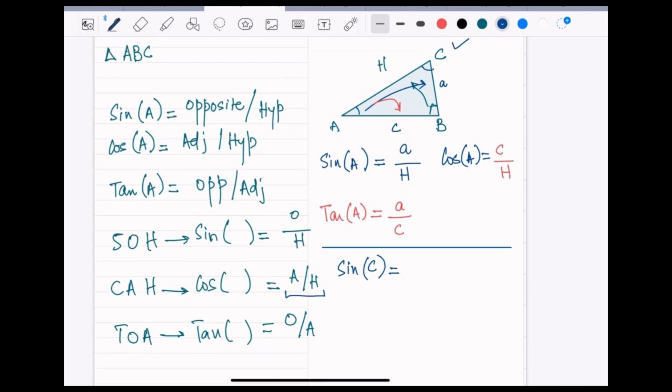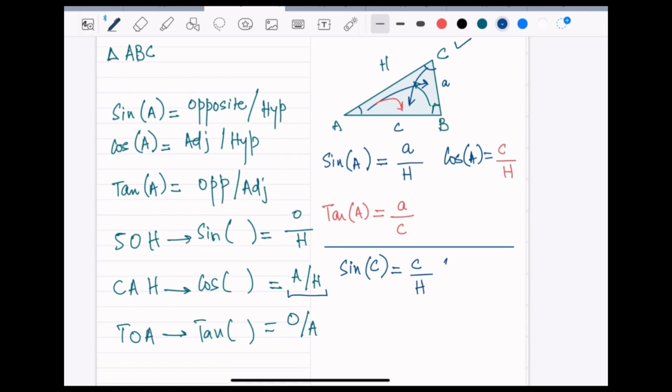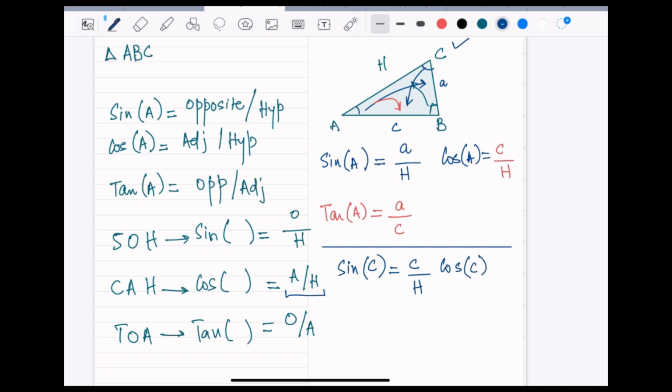According to C, the opposite is not anymore a, the opposite is going to be now small c, over hypotenuse h. Now cos of angle C is adjacent over hypotenuse, and now adjacent is a, the side that is with angle C, over hypotenuse, and tan of angle C is opposite over adjacent, which in this case